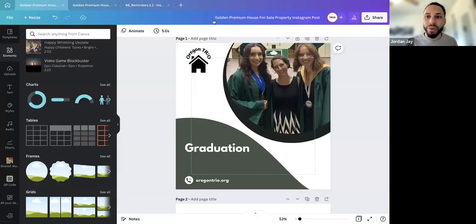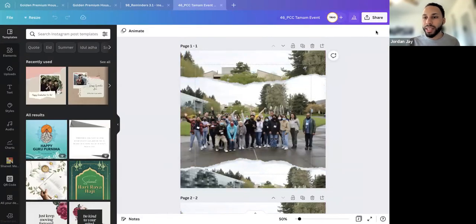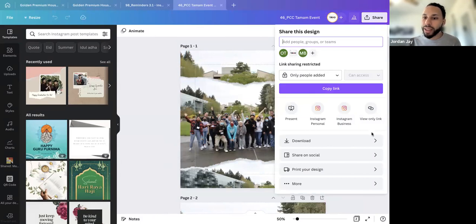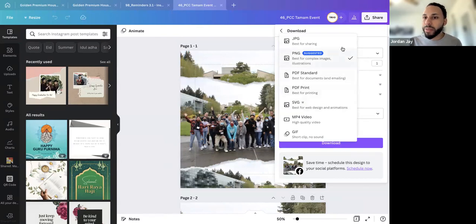I want to show really quick the download, and then we can answer any questions anyone may have. So I go in here to a project, and I click on share here, and I click on download, and you have all these different file types. It will show what is suggested based off of the project that you have. But I was mentioning PDF print. That's where if you have a booklet or anything you want to print off, a flyer, that would be the file for that. But you can change it to whatever you like.